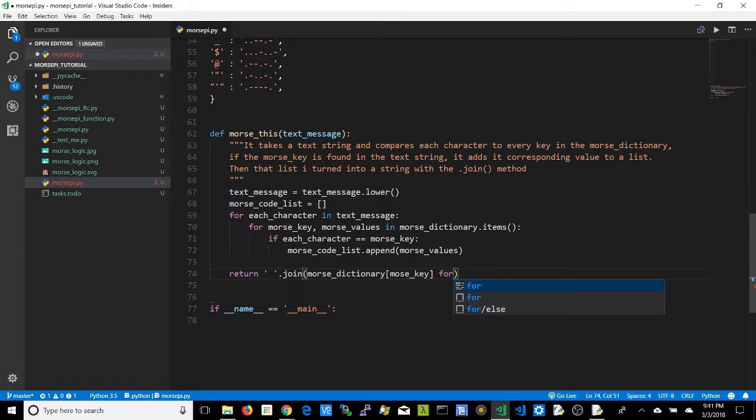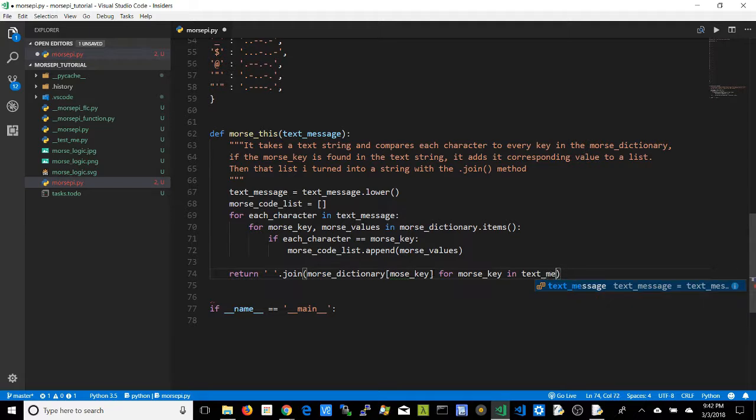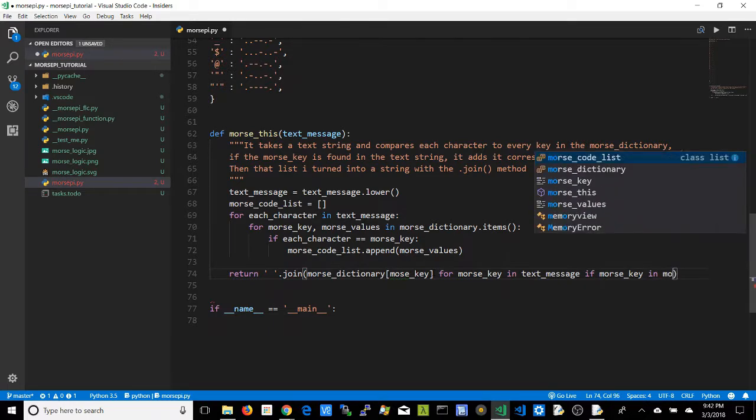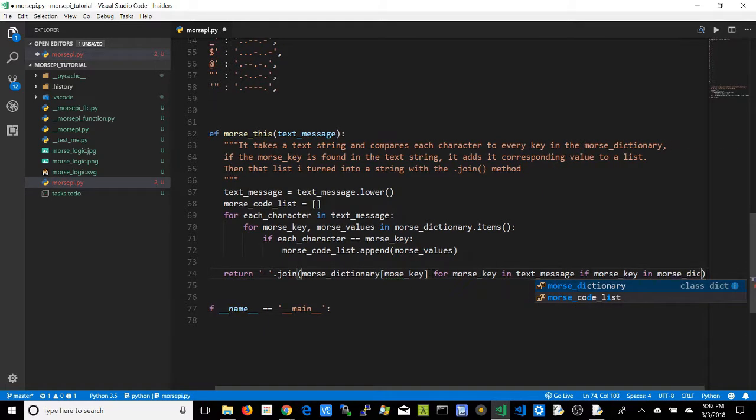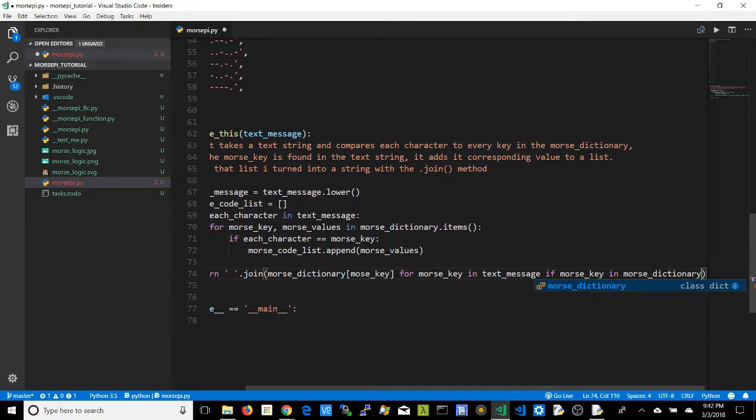We need to, for every Morse key in the text message, and if the Morse key is found in the Morse dictionary, then